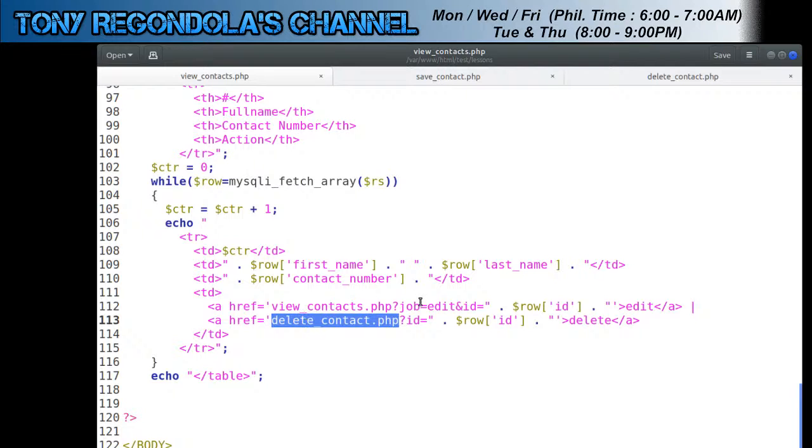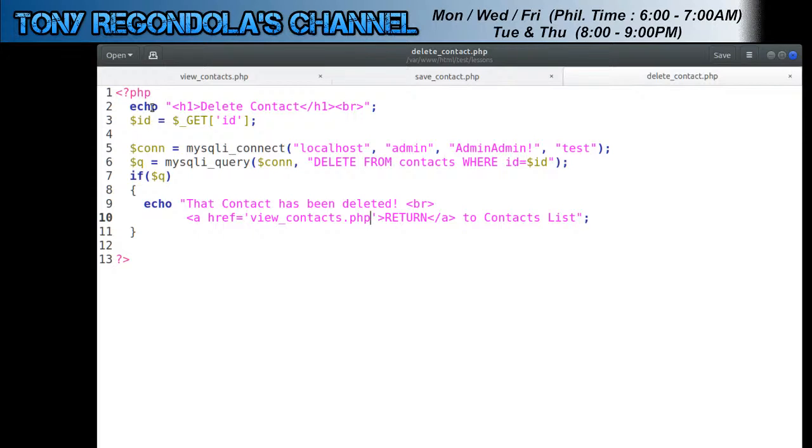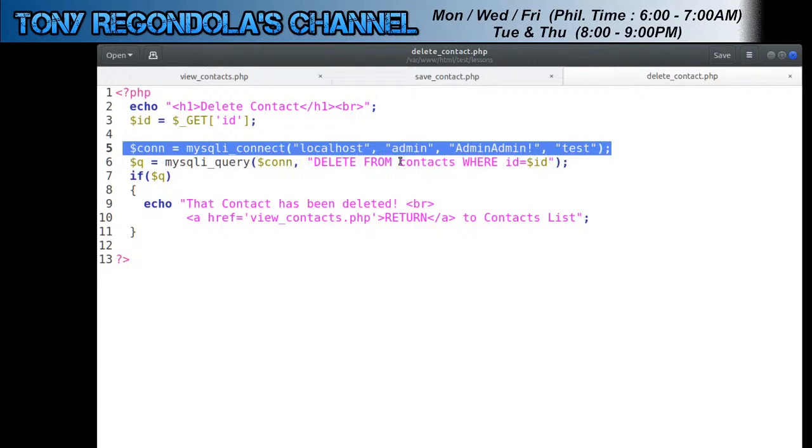We will be redirected to this file, delete_contact.php, and what we have there is the header, delete contact, and then the line break to move to the second line, and this is the ID that we're getting, the specific ID, and establish the connection. And don't forget this, always establish a